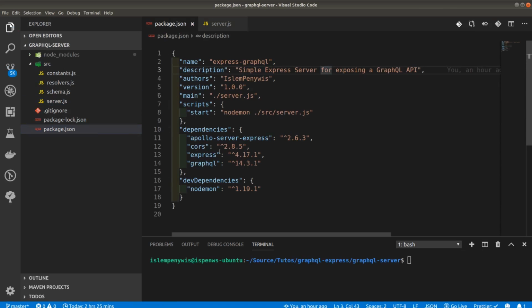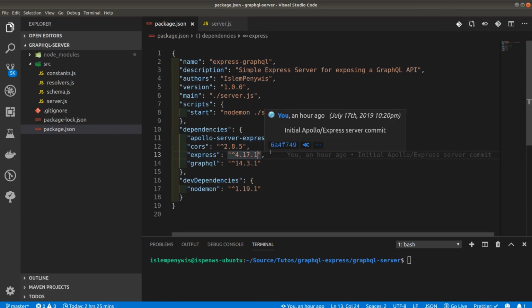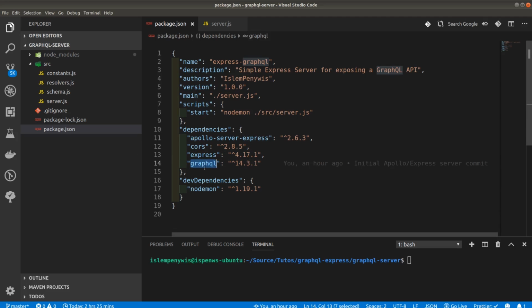We first need to install Express, our server. If you already have an existing Express Node.js server, you can also integrate GraphQL very easily using Apollo. Of course, you need to install GraphQL, so just do npm install graphql and install apollo-server-express. And most of the time you also want to install cors